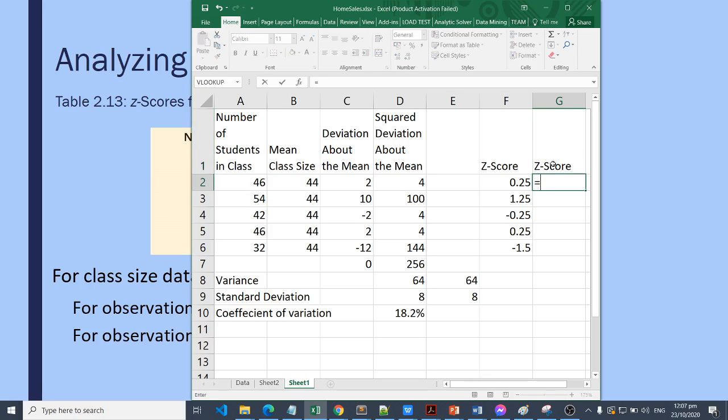to get the z-score, we have here the STANDARDIZE formula that returns a normalized value from a distribution characterized by a mean and standard deviation. There are three parameters for STANDARDIZE: x, mean, and standard deviation. X is the value of the observation, the mean we have here, and the standard deviation is this one. And scroll down. So we have here